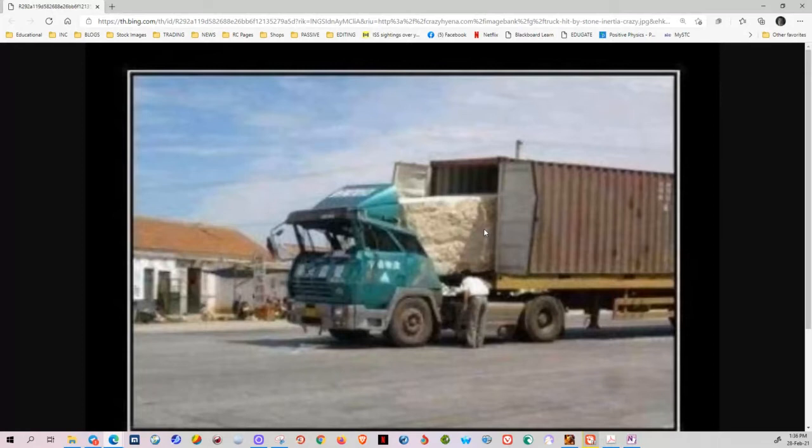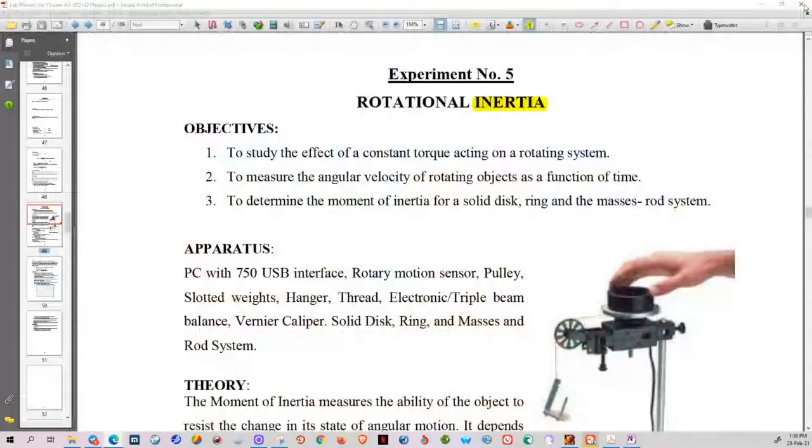Imagine if you are trying to push a truck and trying to push a small car. Which one's easier to change the velocity? The small car. Why? Because it has a small mass, it will be easier to push forward. This is inertia in linear motion. Clear? The tendency of an object to maintain its state of motion, whether the state of motion is zero or not zero. Now, when we say rotational, rotational is,